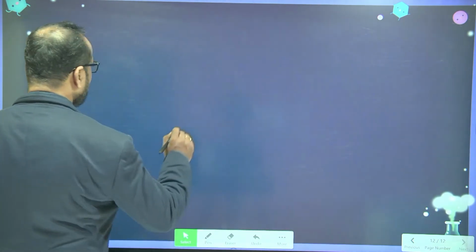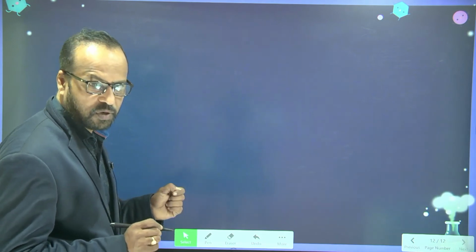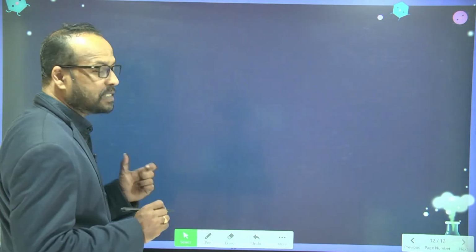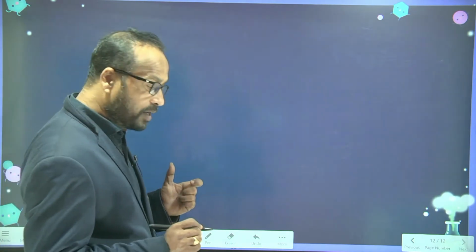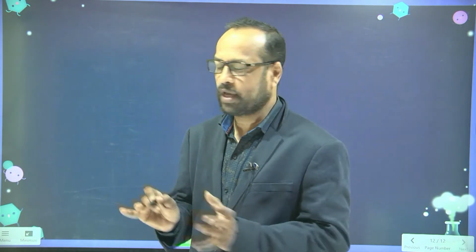So listen carefully now. Here I am writing the first 20 elements. Please note down these 20 elements and their symbols also. And I will give the valency of those elements also. As of now, for 8th class we discuss only the valency, but in higher classes we discuss their oxidation numbers and charges. So at present I am going to make it a simple way, that is valency. So first I will give the first 20 elements.